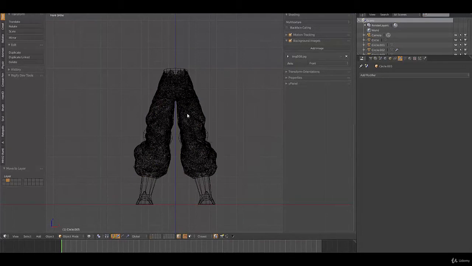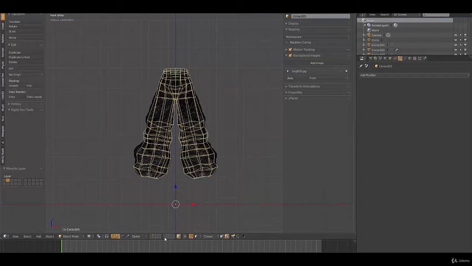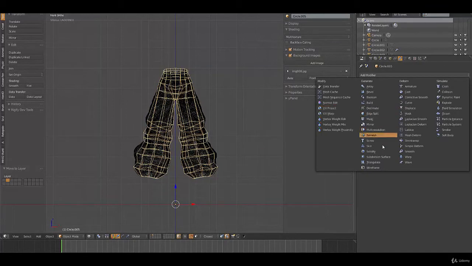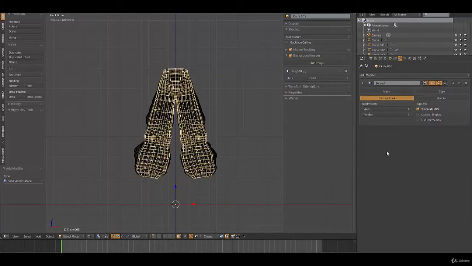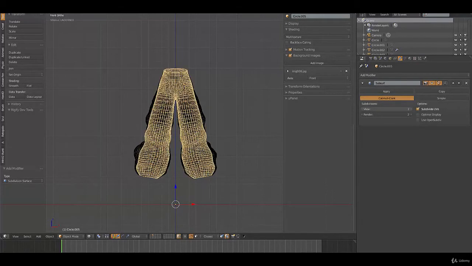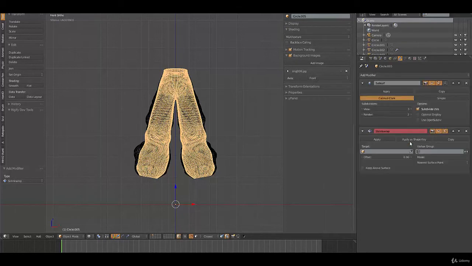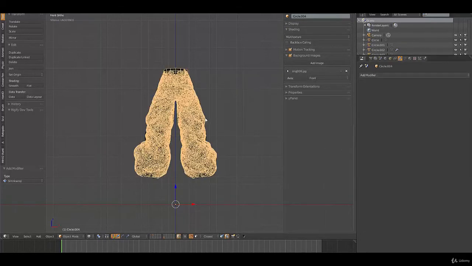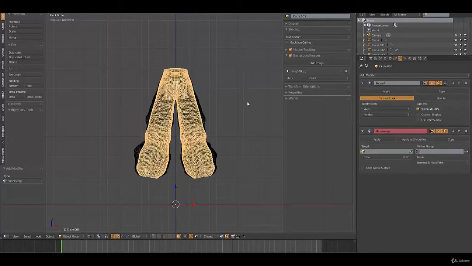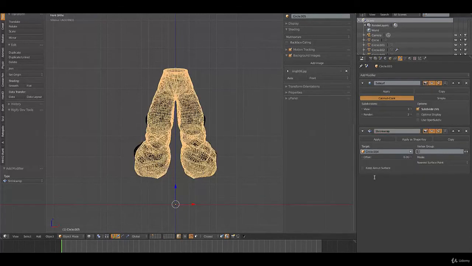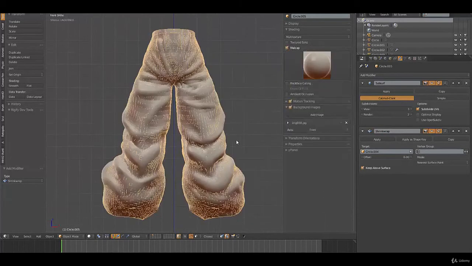I'm going to move those to the second layer, and in this second layer we're going to add a subdivision surface modifier, subdivide it 3 times, and then we're going to add a shrink wrap modifier, and then we're going to, so this is circle.004, so we're going to shrink wrap this to the pants that we just made here, so circle.004, and check keep above surface, and